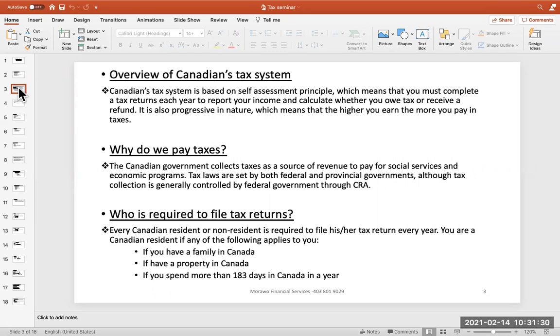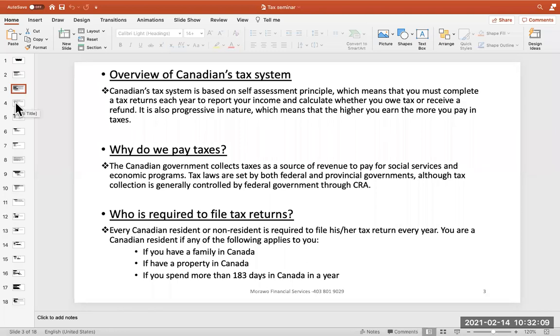Then the next question is, who is required to file tax returns? So every Canadian resident or non-resident is required to file his or her tax return every year. Now, we say Canadian resident. So you are a Canadian resident if any of the following applies to you. Number one, if you have a family in Canada, you are a Canadian resident. If you have a property in Canada, or if you spend more than 183 days in Canada in a year,